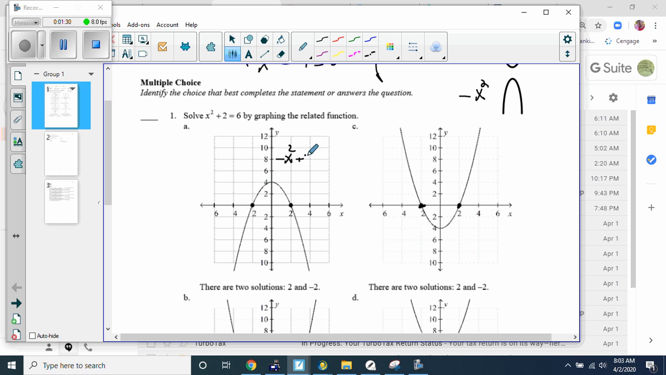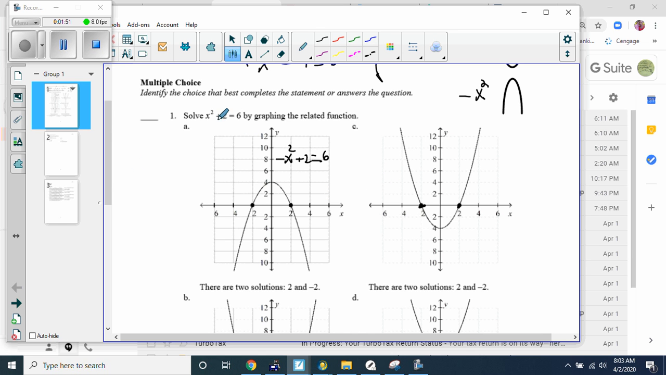plus 2 equals 6. Well, actually it would equal negative 6, but either way, it's not the right answer because this is a frown face. Okay, so